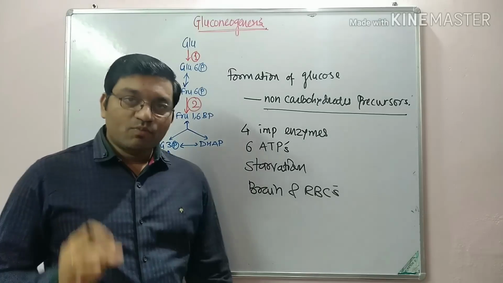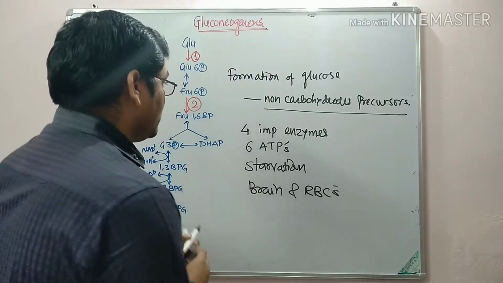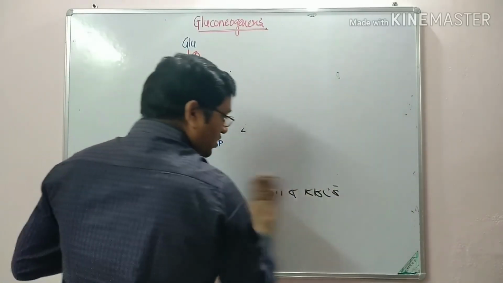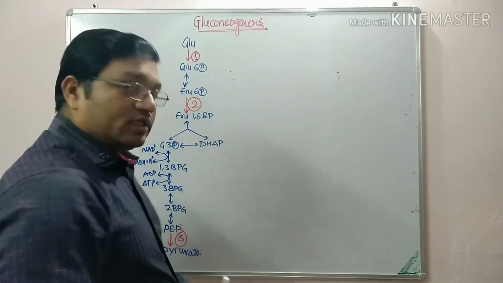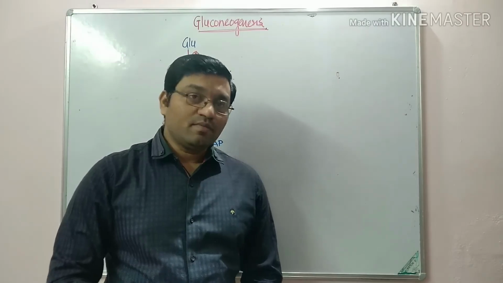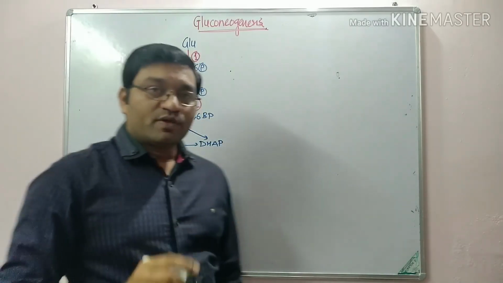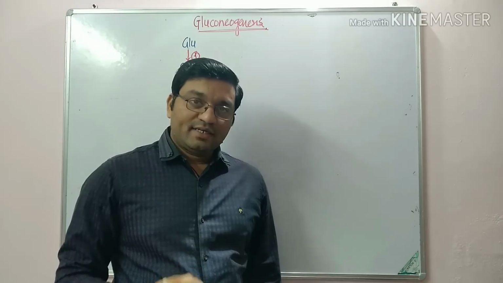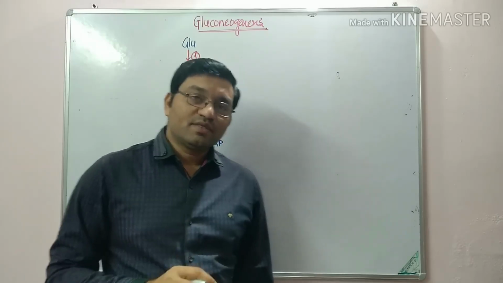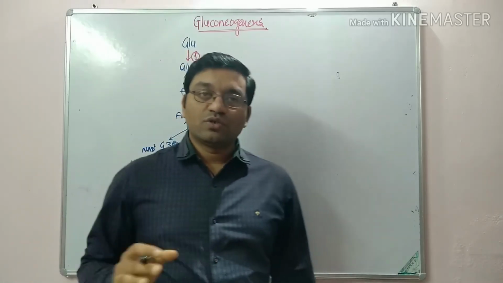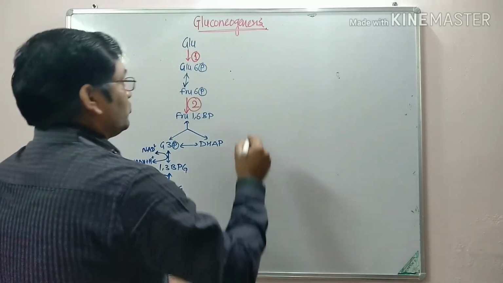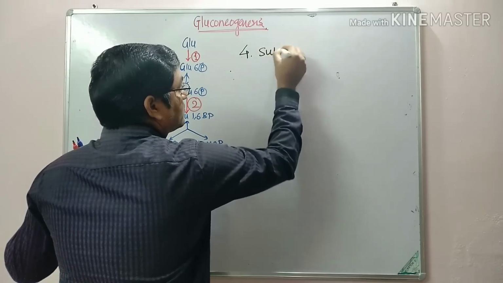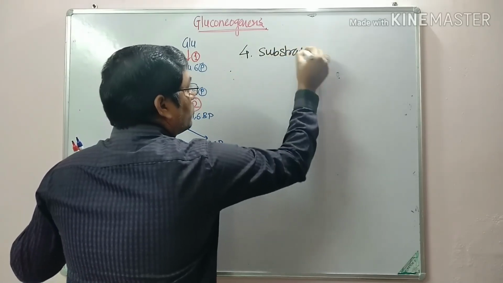Coming to the 4 important substrates for gluconeogenesis, they are also known as non-carbohydrate precursors. There is a question in university exam: describe the formation of glucose from propionyl CoA or lactate or glycerol, or describe the synthesis of glucose from glucogenic amino acids. So these are the 4 substrates for gluconeogenesis,